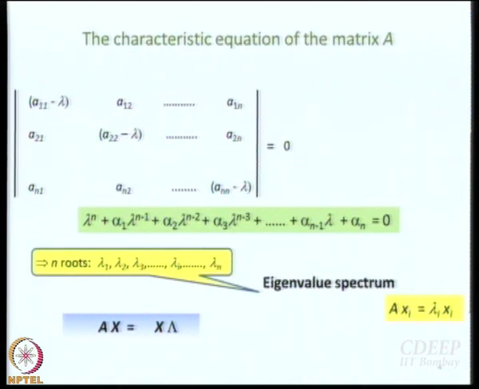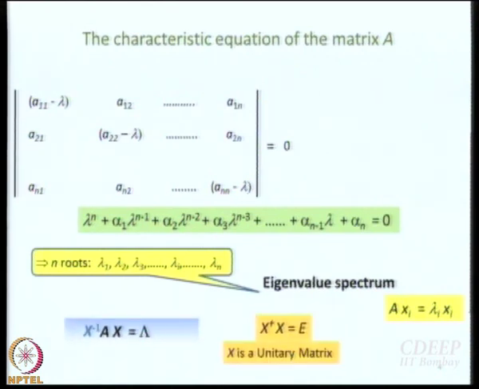Okay. And finally, we realized that if you perform a similarity transformation of A using X, then you get lambda. So, this is one way of diagonalizing a matrix. Perform a similarity transformation using the matrix of the eigenvectors. That should give you a diagonal matrix which will tell you all the eigenvalues. And I think last day we had worked out an example where we worked out the lambdas and then we found what is X. Okay. So, you can do that for any matrix that you have.